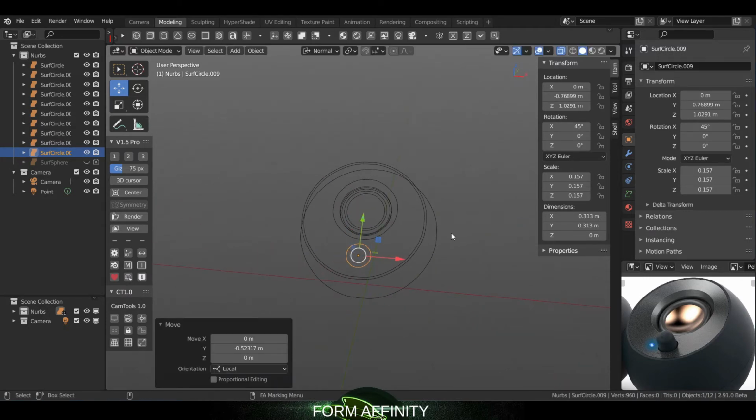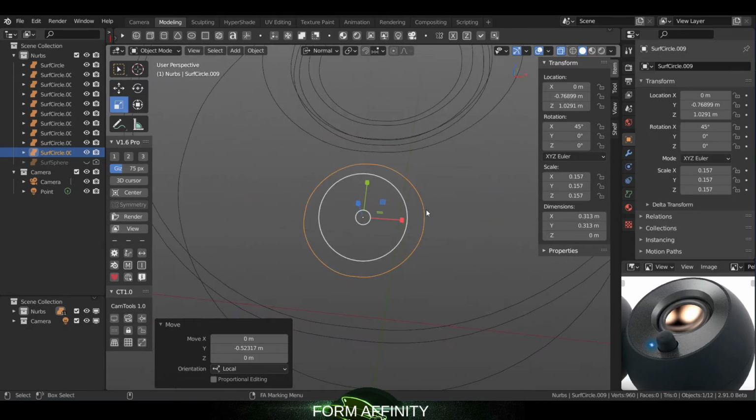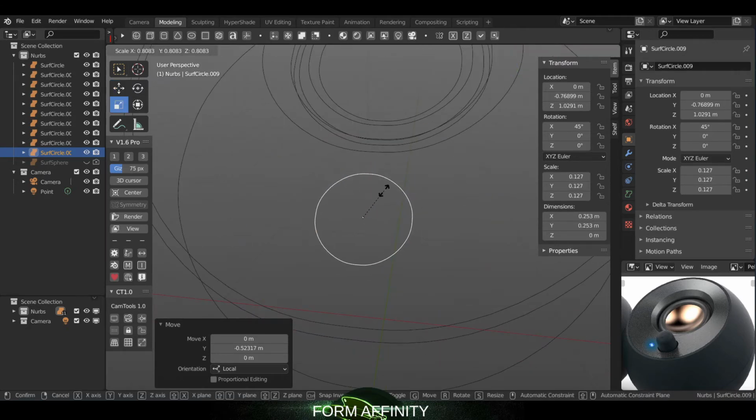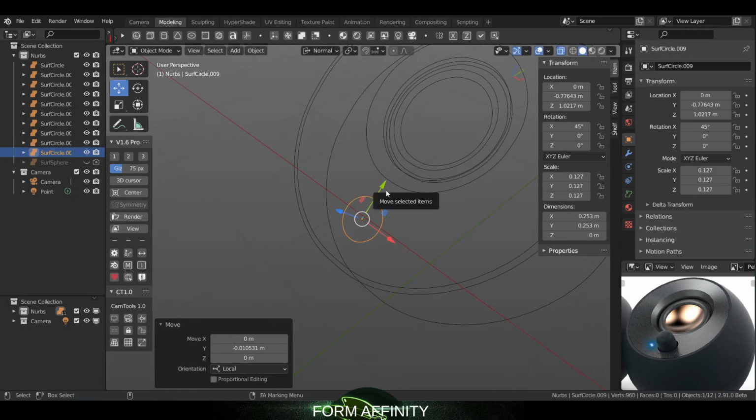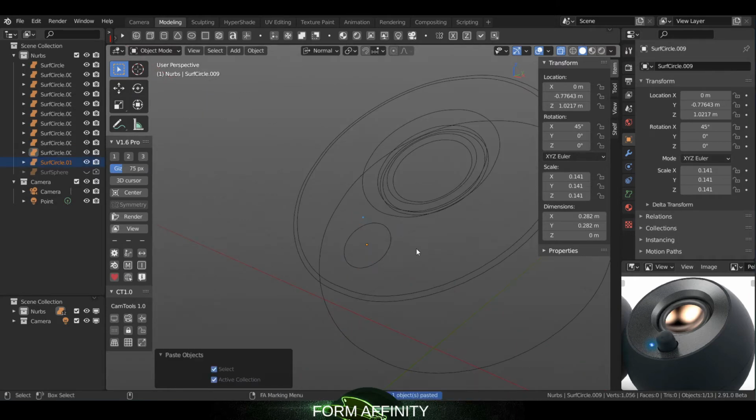So that's still a little bit too big. If we scale it down a bit more. And I essentially want it to be in between these two lines evenly. So something like that. And then just copy, paste,